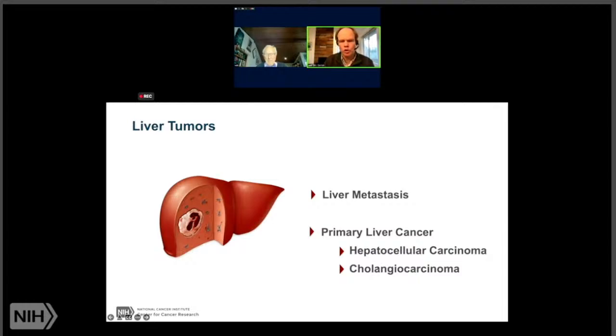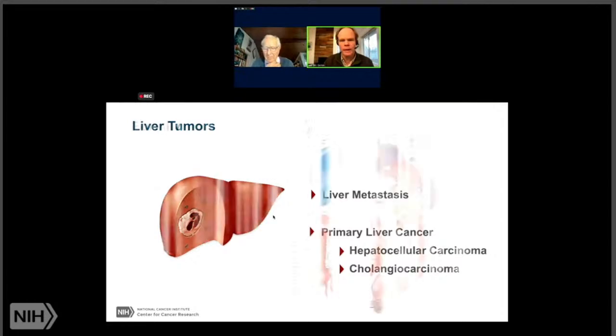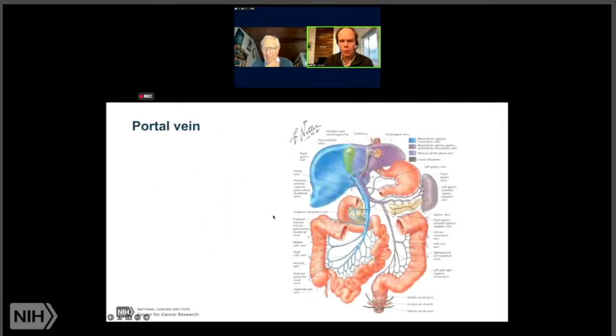Now, what I'm going to show you in the second part of my talk is mainly research studies that look at the tumor microenvironment. It's going to be in the context of these two different diseases. But to be honest, it doesn't really matter what type of tumor we look at. The mechanisms that I'm going to explain to you are something that we see primarily in this liver-specific environment, and they apply to every type of tumor.